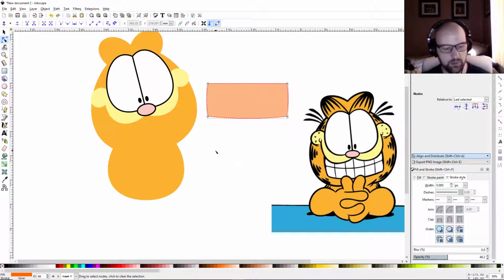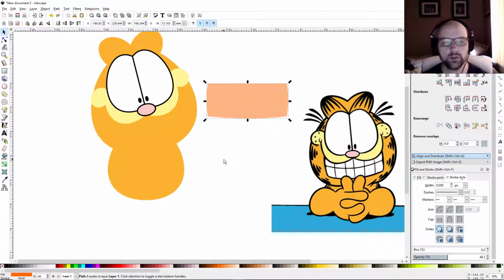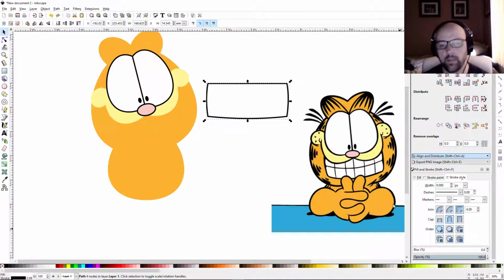Now I'm going to hit S to grab my selector tool, turn this white by clicking on the white in the palette down here. Now I can go ahead and do my outline on that. That's fine. So I'm going to hold shift and click on black down here, turn the opacity all the way up,